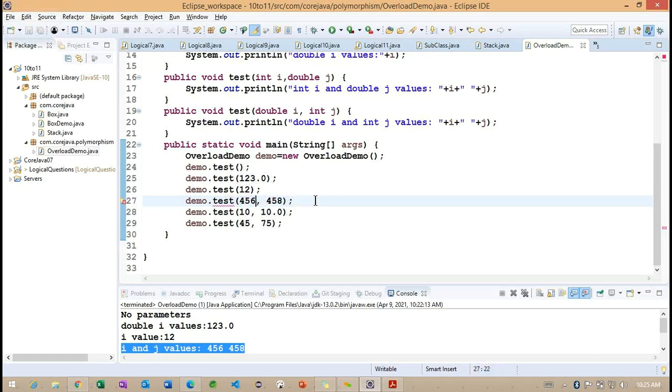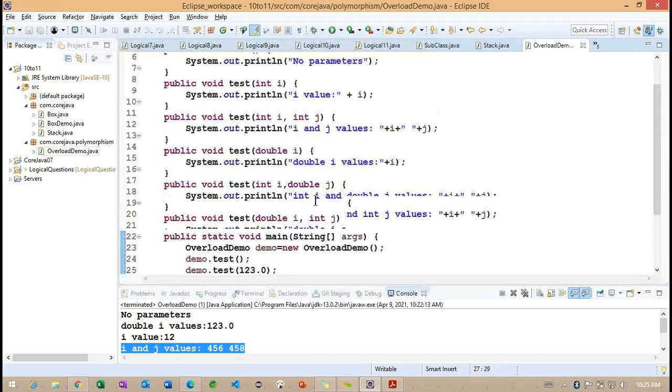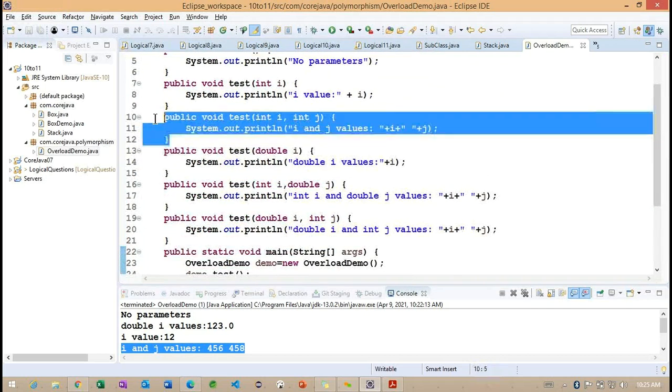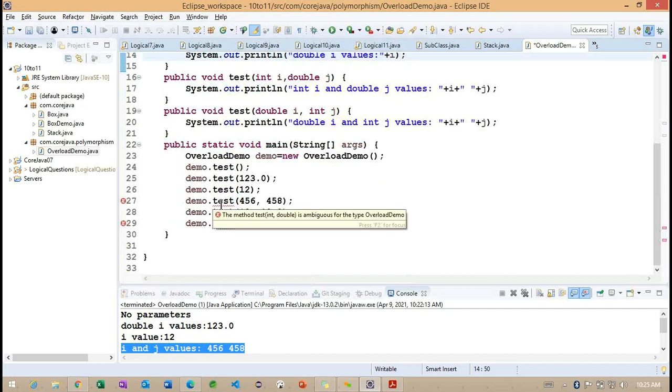Now we need to understand very carefully. If I remove this particular information, we are getting an error here. This method is an ambiguity overload, because we have two methods and both are expecting int and int.